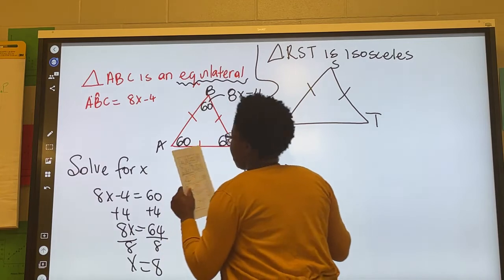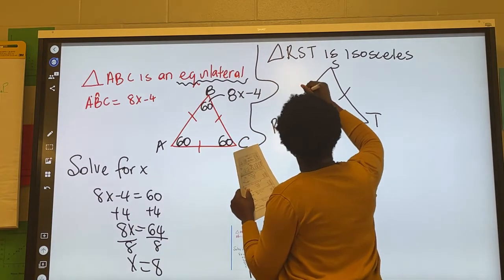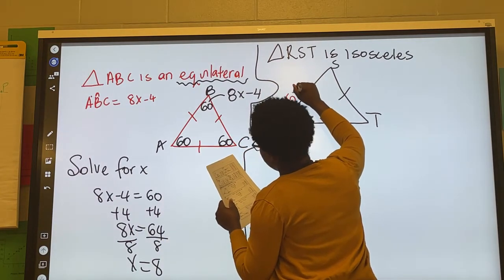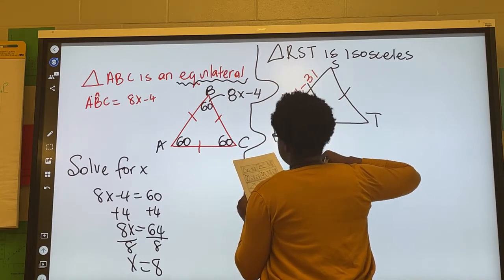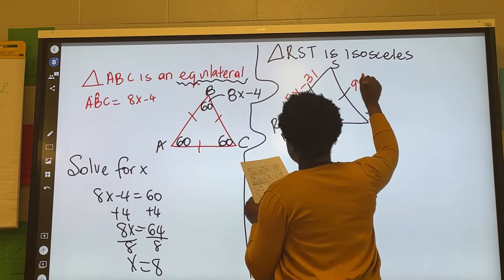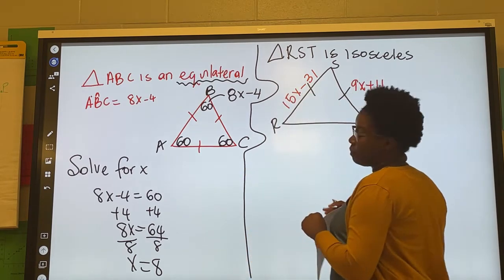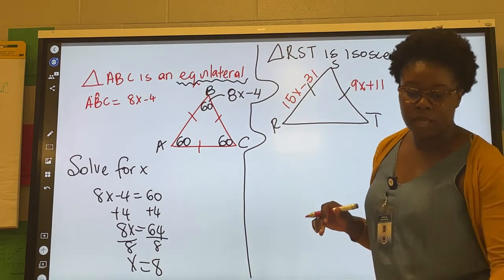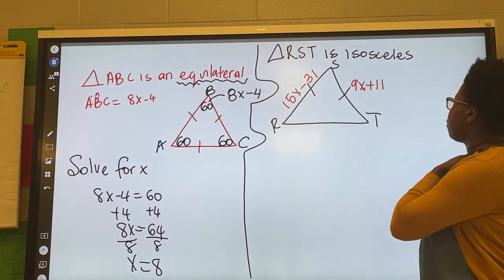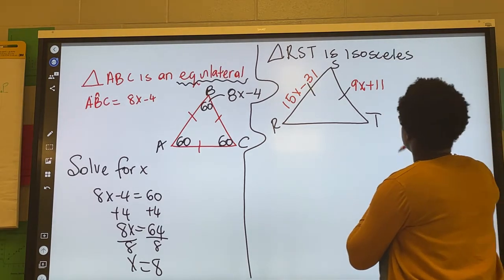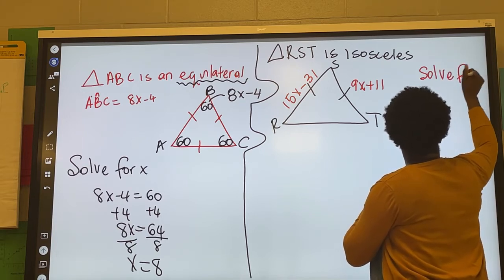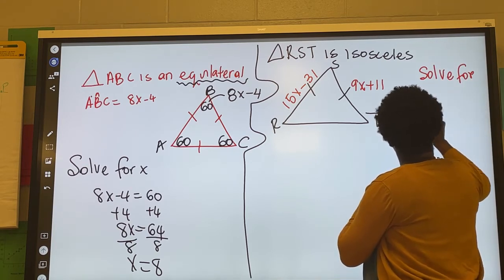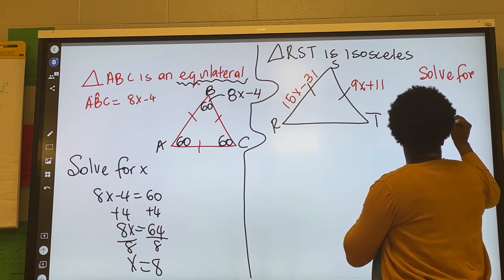The length of RS is equal to 15x minus 31, and the length of ST is equal to 9x plus 11. So in this case, we have to first solve for x. And they said find the length of